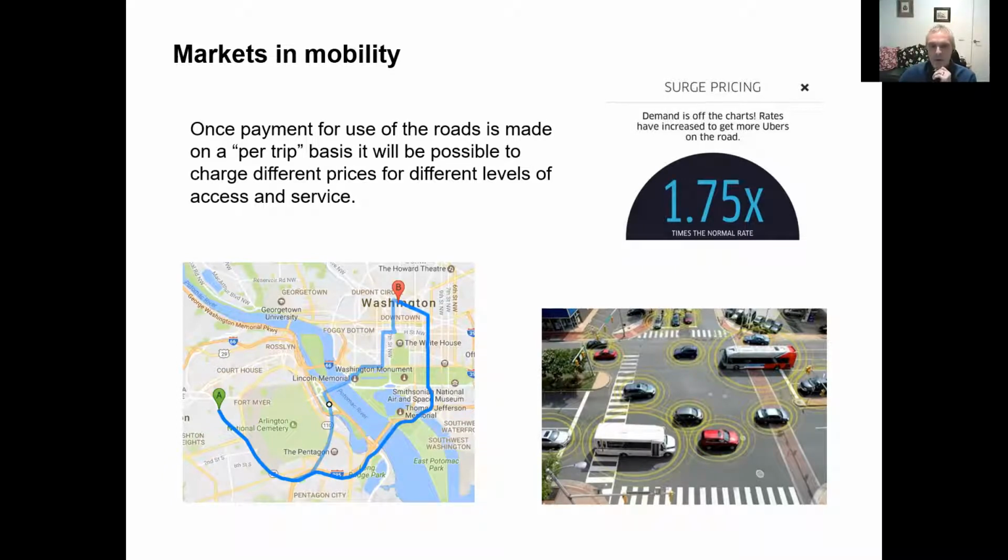So there's at least two means that could be used under this system to provide priority access to the roads. The first we've considered is a centralised or a cloud-based dynamic traffic management system.